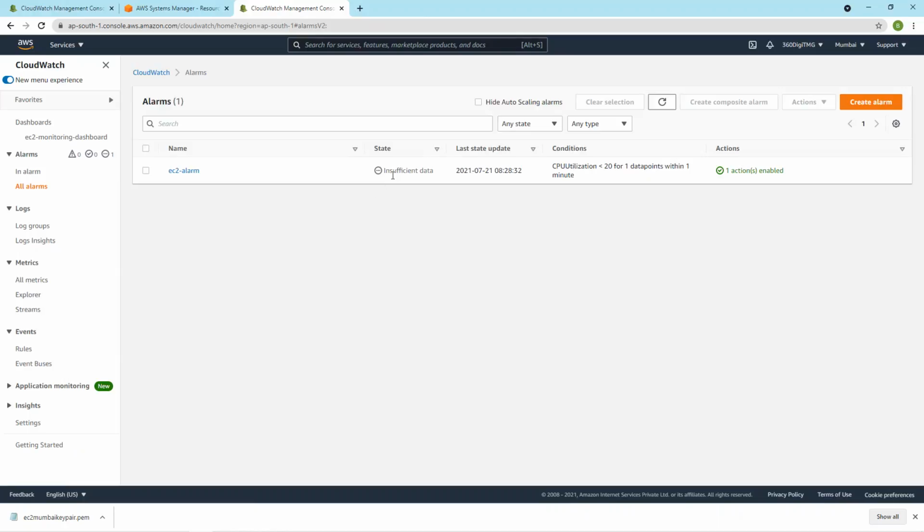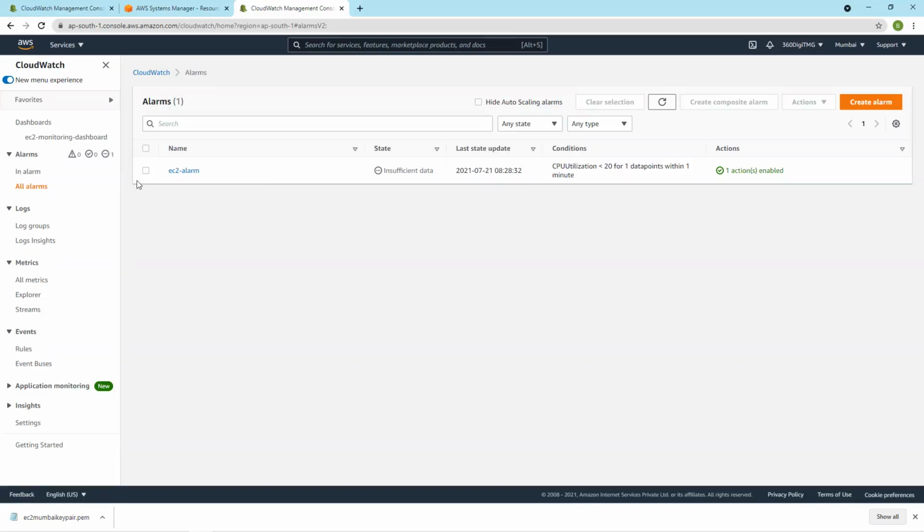When it has become in alarm, we set a condition to stop the EC2 instance, and after stopping the EC2 instance, it has become insufficient data. When I start my EC2 instance again, if it is less than 20% CPU utilization, the state becomes alarm and it will stop the instance.